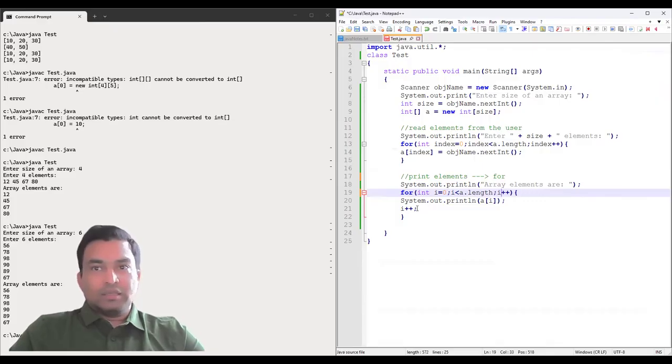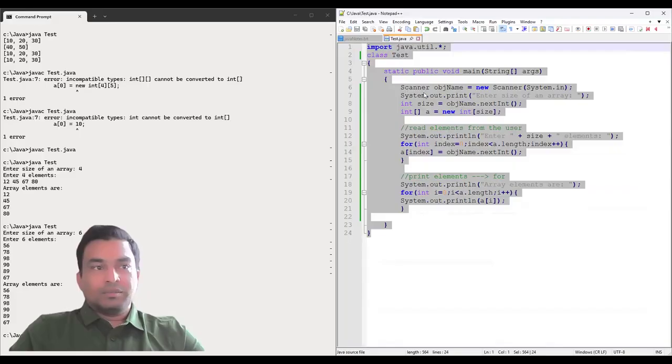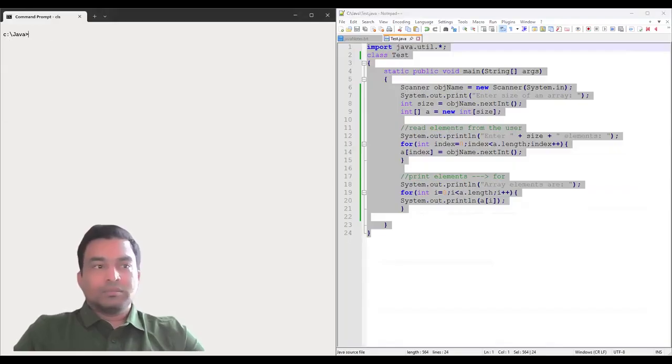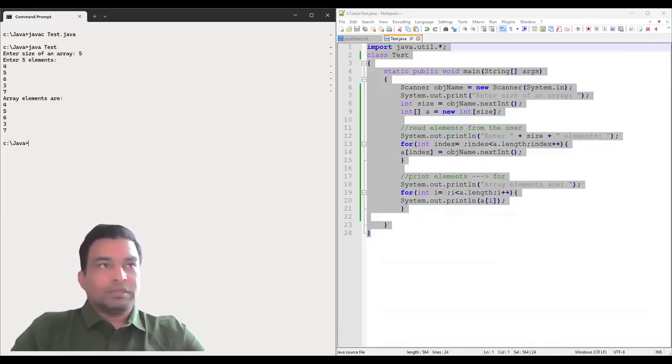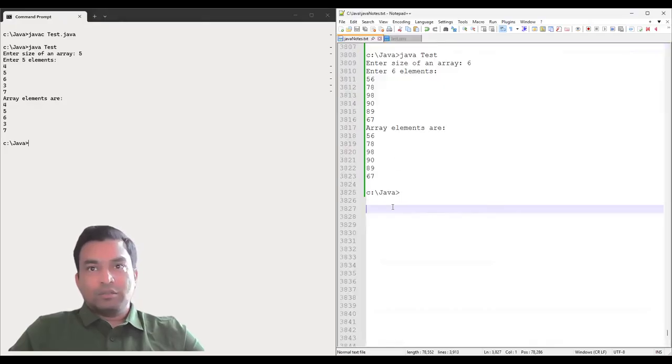And here I'll just remove this line and try to compile and execute this program. Enter the size of the array 5. Enter 5 elements 1, 2, 3, 4, 5. So the array elements are 5. So you can switch the loop from while to for,